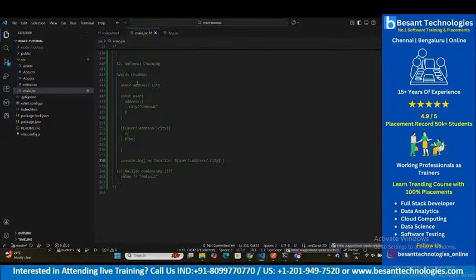And the last one is null coalescing. Here what we are doing is checking the value. If that particular value is present, it will assign that value, or it will directly assign the default value, whatever we are providing. For example,